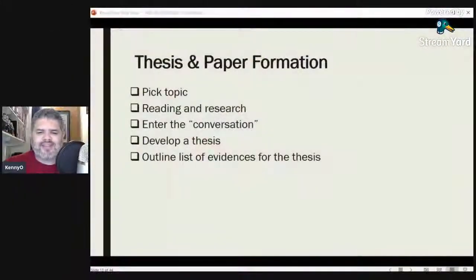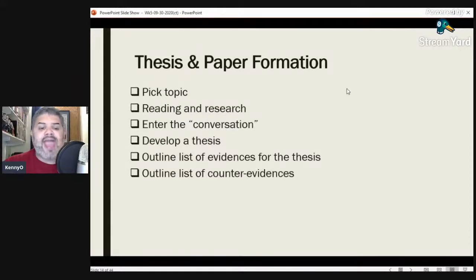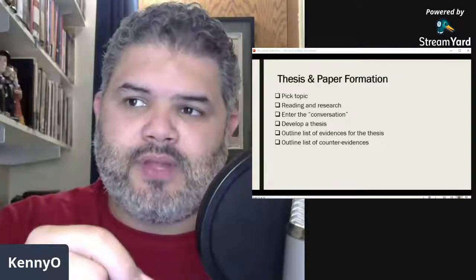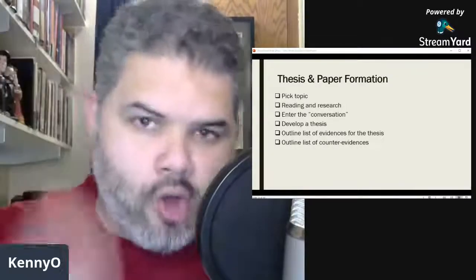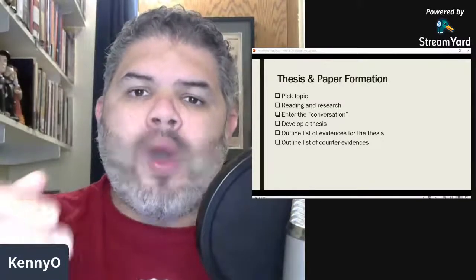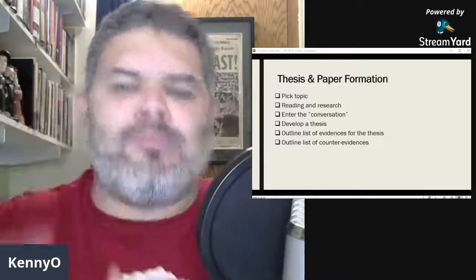Whatever it is, there are these pieces of evidence, and then there's sub-pieces of evidence, and I want to outline all of those. That's kind of my next thing I do. So after I've developed the thesis statement, my next thing is to outline evidences for the thesis. That's big. And then I'm going to outline counter evidences. This is really important. This is where a lot of students really struggle. You want to outline if someone disagreed with you, if someone thought your thesis was wrong, if your statement was flawed, or they thought your opinion was flawed, what pieces of evidence would they likely bring to the table?